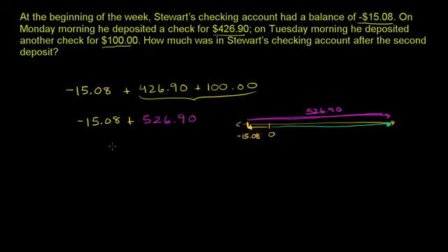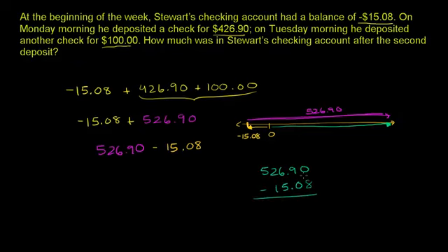$15.08. And we can even just rewrite this so it actually looks exactly like that. That's exactly the same thing as $526.90 minus, adding a negative is the same thing as subtracting a positive, minus 15.08. And this is, I will do this in another color, $526.90 minus